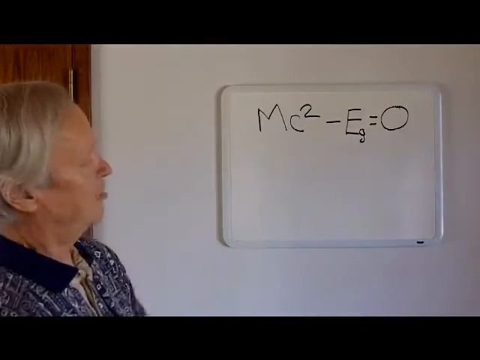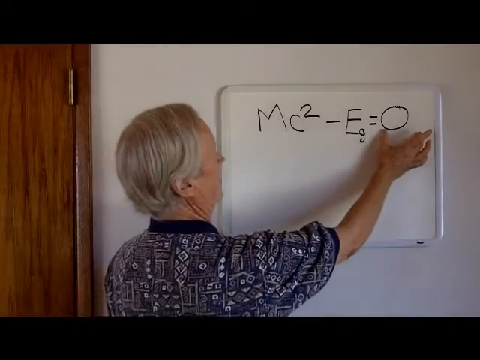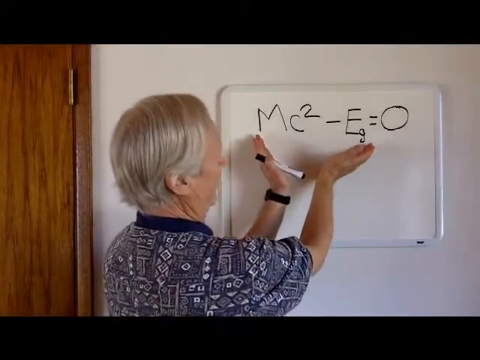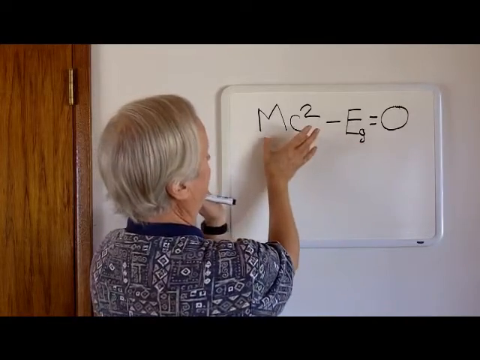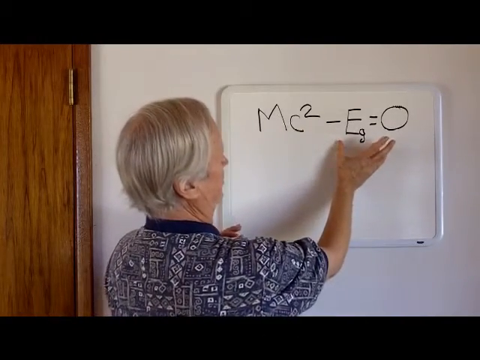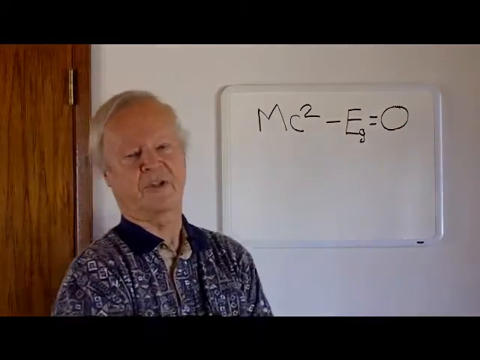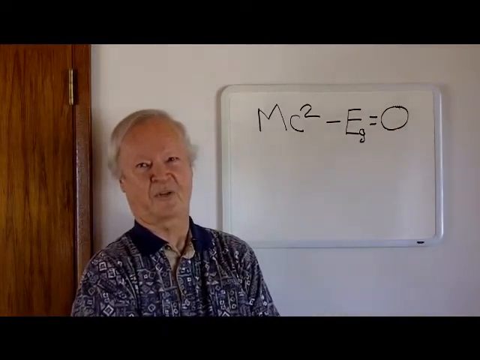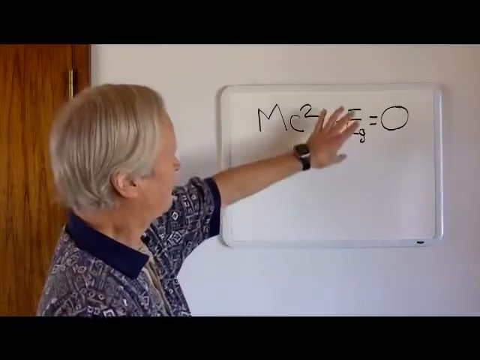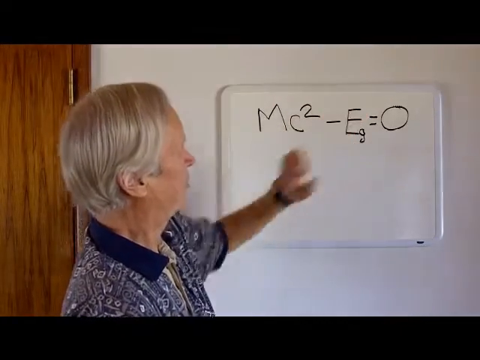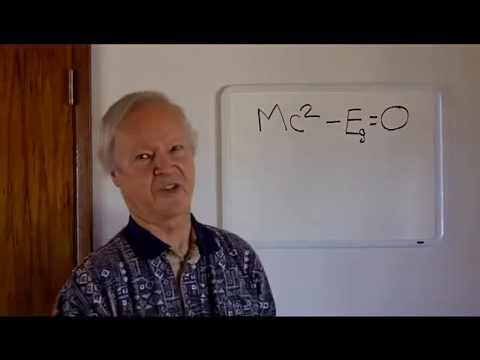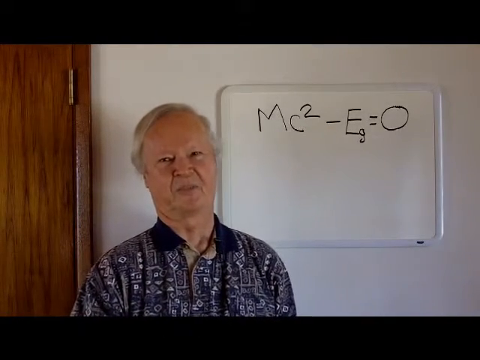So this is an interesting equation. It says on this side we have nothing, on this side we have something. We have two somethings. We have a positive something and a negative something that cancel each other out and give us a universe where the total energy adds up to nothing. So let's explore this term, the negative gravitational energy, in more detail.